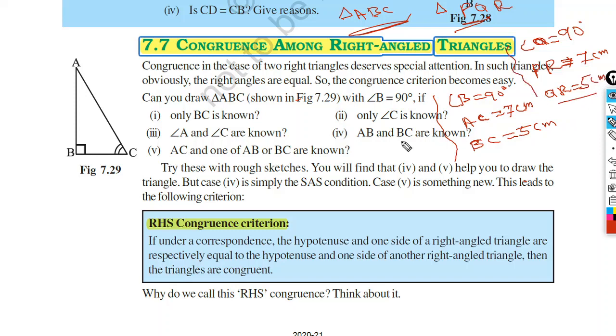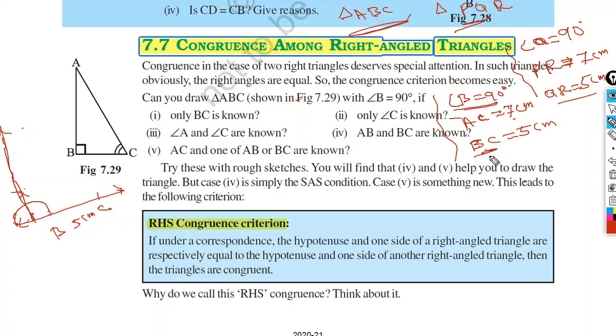We will draw the triangles now. We will start with triangle ABC. AC is the hypotenuse, so we will take BC as the base. BC we have taken as base. BC length is 5 cm. Now angle B is 90 degrees. You know how to draw 90 degrees. Take an arc and bisect the arc from here and from here at this point. Now extend it, like this.